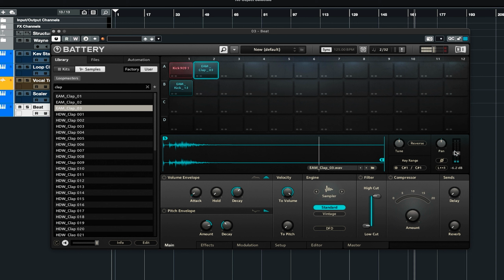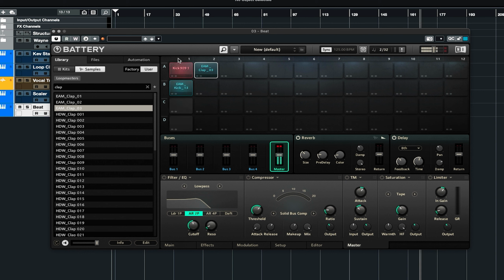And then I'm going to put these onto their own groups. So I'll have a kick group, should I say, and a clap group. I'm just going to drag these down in Battery onto these group buses here. So the kicks are all going to one, and the claps are all going to one. They're still going through the master at the moment, so I'm just going to rename these kick and clap. And then I'm just going to lower the volume of this one just so it's not